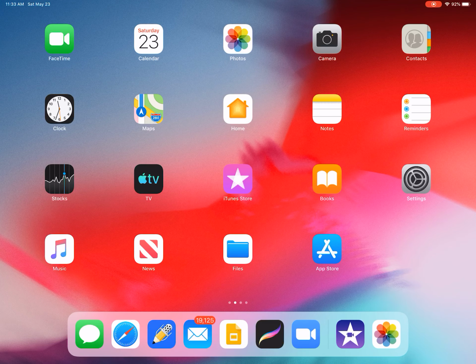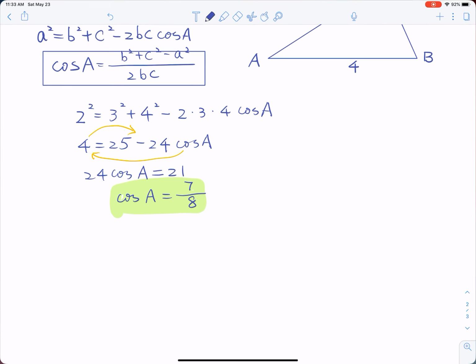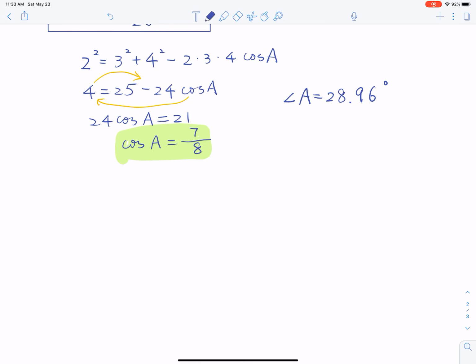Okay, I actually wrote it down on a piece of paper, otherwise I will forget. So angle A is 28.96 degrees. Okay, these are degree numbers. It's not 28 degrees 96 seconds or something. No, it's not that. Okay, so angle B, 3 square equal to 2 square plus 4 square minus 2 times